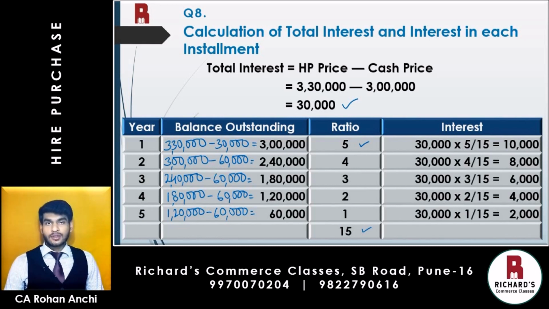So total interest of 30,000 has been apportioned over the life of the contract in the ratio of balance outstanding. This is also logical because if you see the interest, it is keeping on reducing, because after payment of each installment, the balance outstanding keeps reducing. Therefore, interest also should be reducing. So although we don't have the interest rate, we could apportion the total interest during the life of the contract for each particular year using balance outstanding as the base. This was one concept wherein when interest rate is missing, how do we apportion interest in each year?